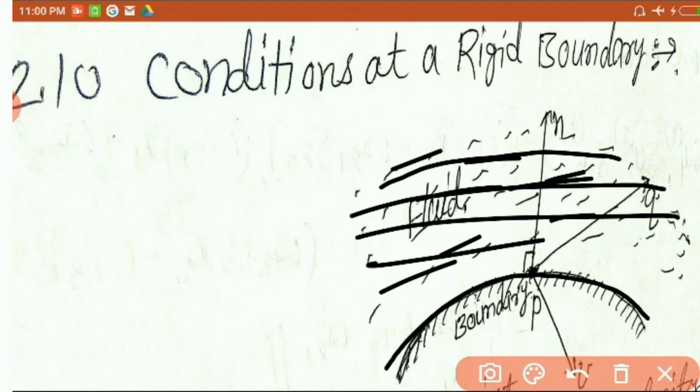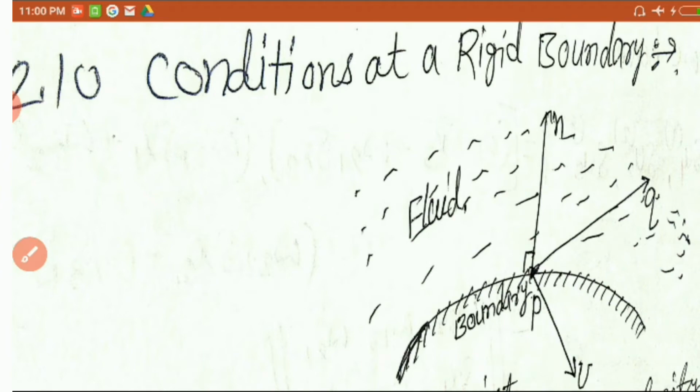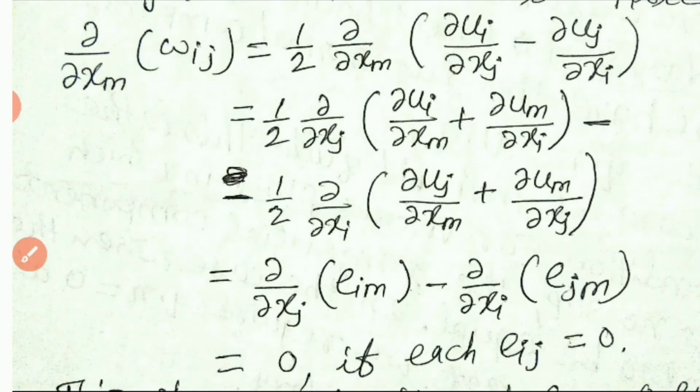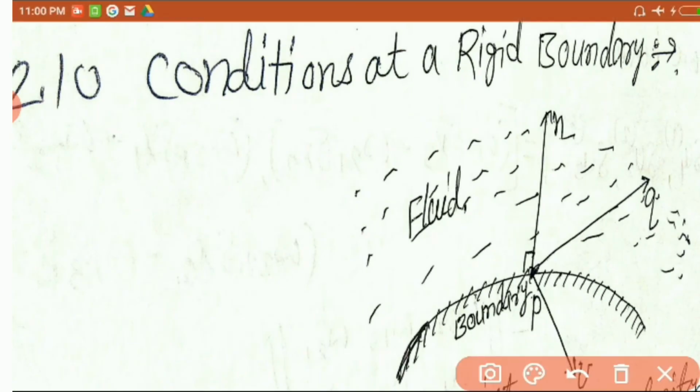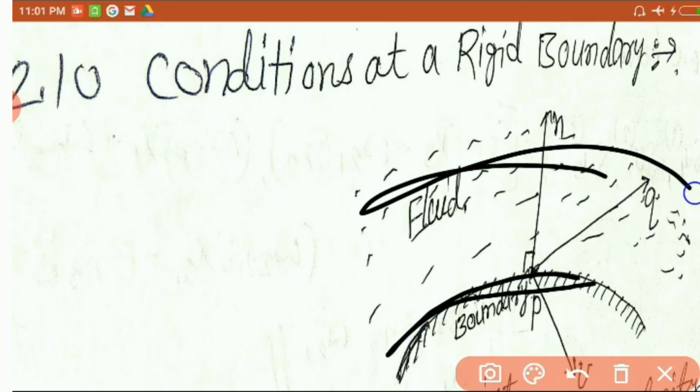Suppose this point P is on the boundary where the fluid velocity is q, and where the boundary has the velocity capital U. If n specifies a unit normal direction at this point P, then since there must be no relative normal velocity at P between this boundary and this fluid,